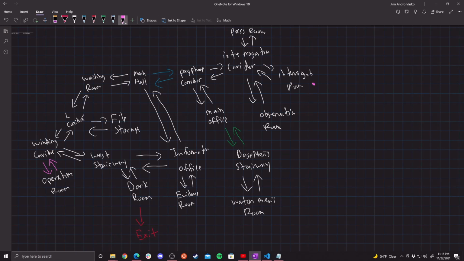So if we enter this room, we found a key that would open up this door. So these violet arrows mean that it's not part of my graph, but we're going to add these two edges into my graph once I enter this interrogation room. Now file storage is going to have a blue key, which would actually open up the door between main hall and payphone corridor. Then watchman's room, so watchman's room is going to have a red key,